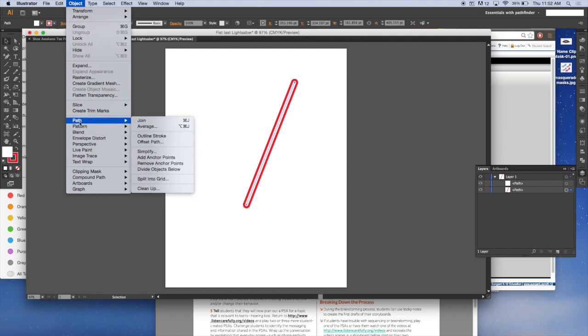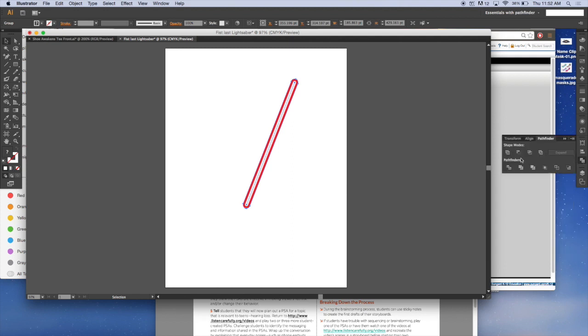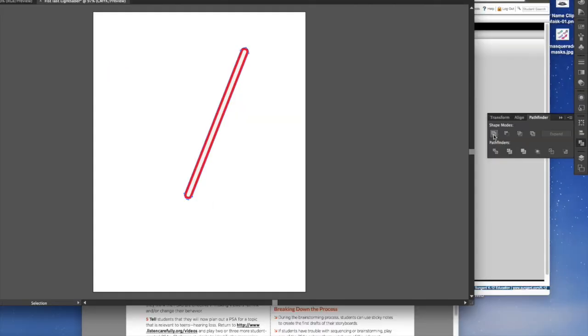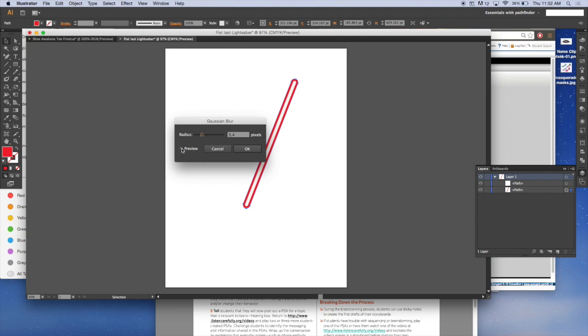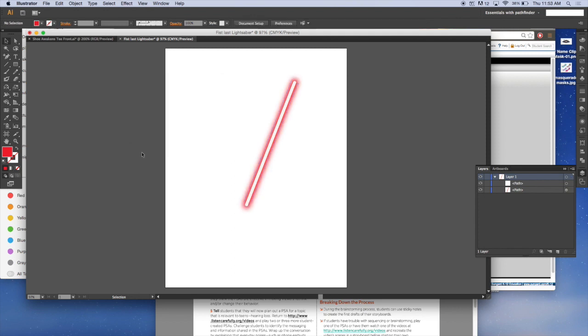I think that I'm going to outline the stroke and use my pathfinder to unite those. So it's its own new vector shape. It's not a path with a fat stroke on it. Have it selected right now so I can go to Effect and make a Gaussian blur. We've done this already before. I think I'll adjust the blur. Looks about right like that. And so this is just the lightsaber blade,